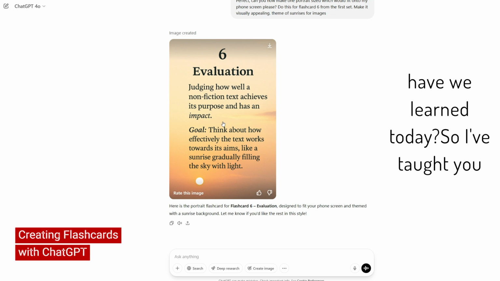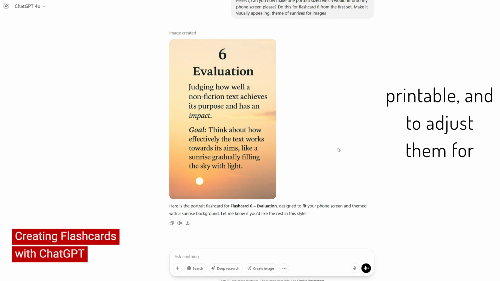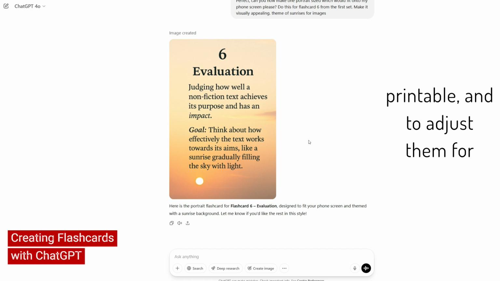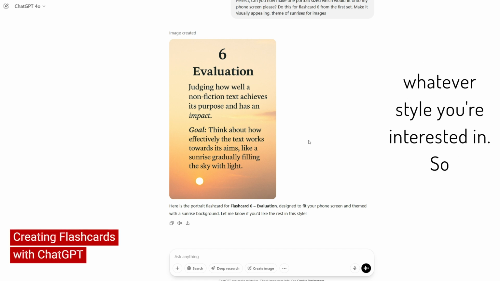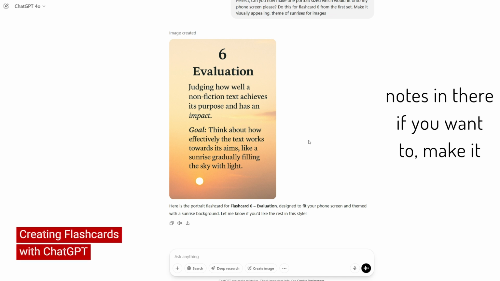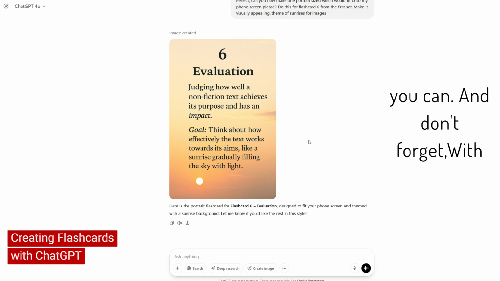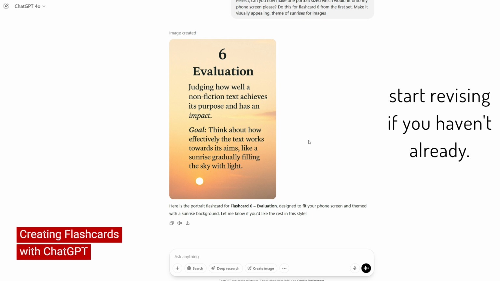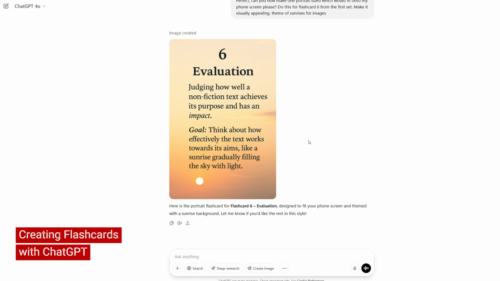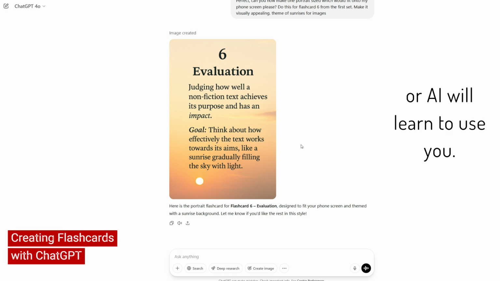What have we learned today? So I've taught you how to develop flashcards. I've told you how to modify them to make them printable and to adjust them for whatever style you're interested in. So get generating those flashcards, put your notes in there if you want to, make it easy on yourself, customize as much as you can. And don't forget, with exams coming up, this is the time to start revising if you haven't already. And also don't forget, learn to use AI, or AI will learn to use